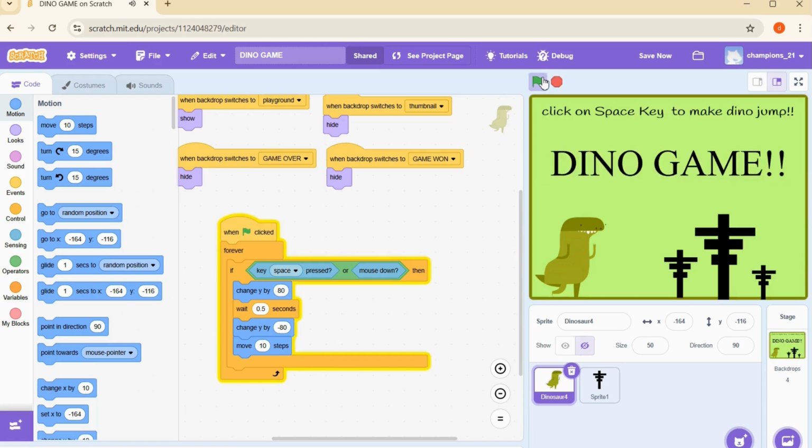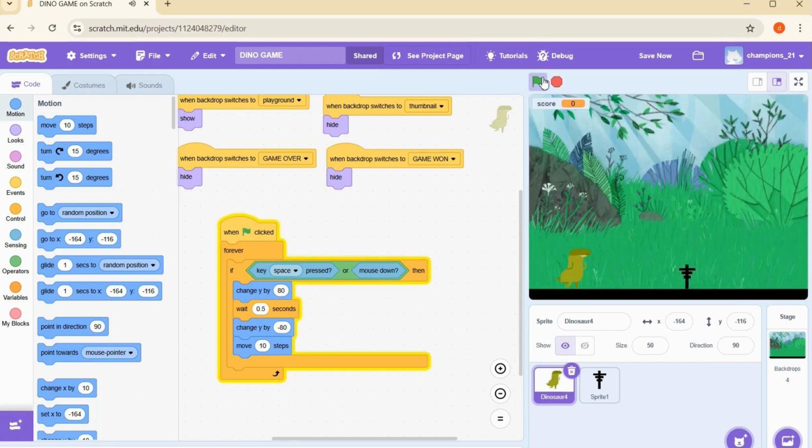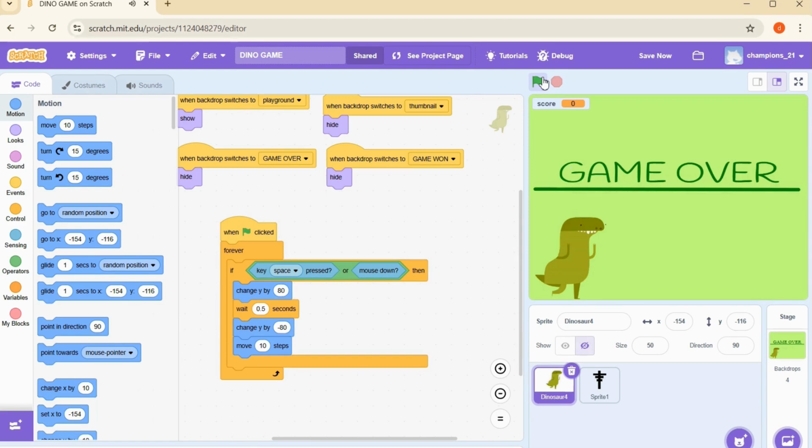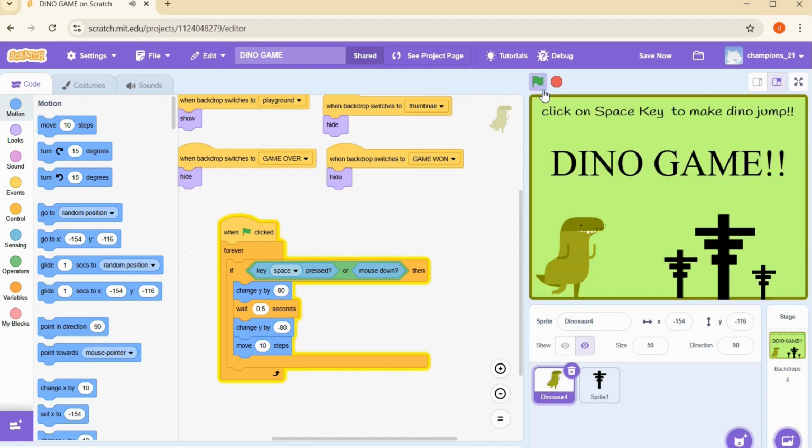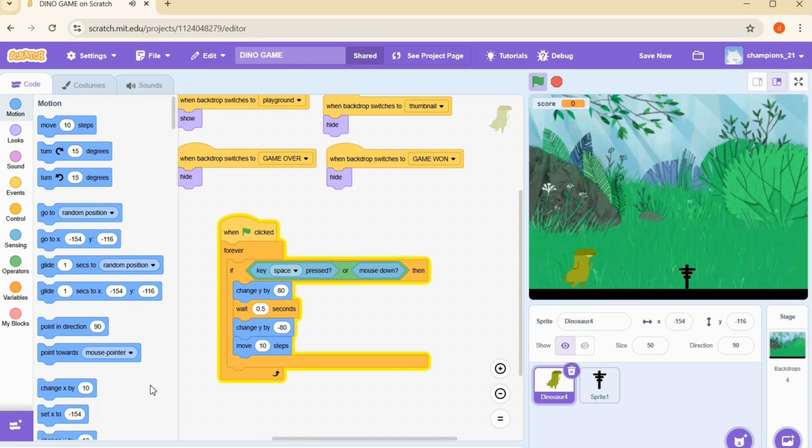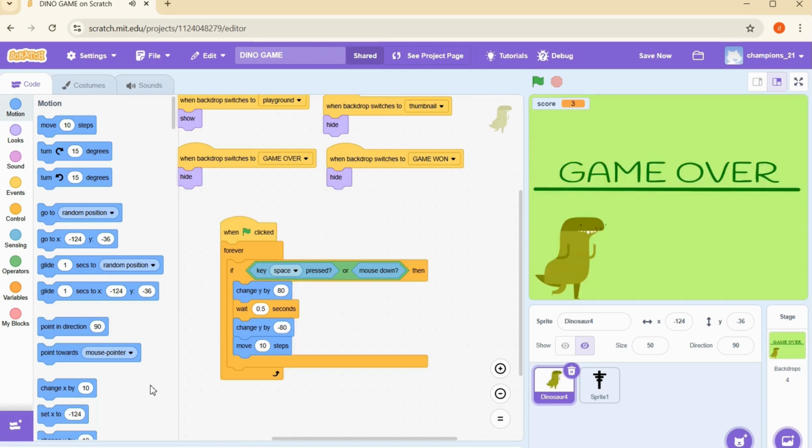Let me try again. I jumped so fast. Okay, that's perfect, now the timing as well as your jump. But you have to be careful when you are jumping according to the distance.